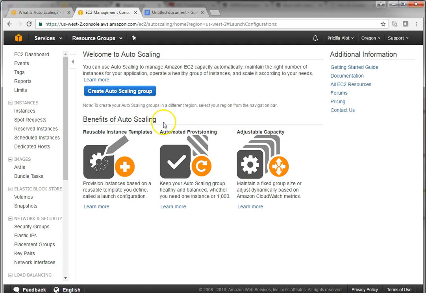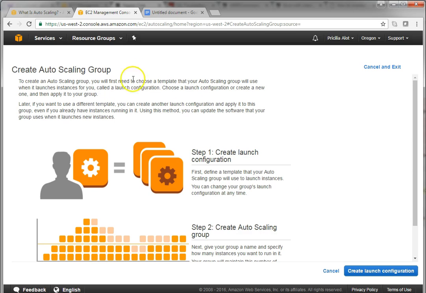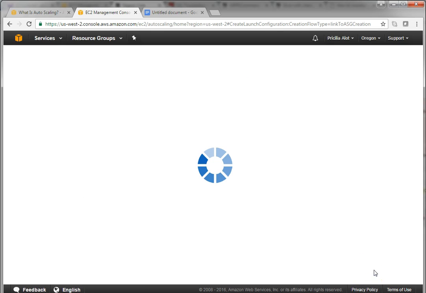page. This is the Autoscaling page, and even though this is the link to create an Autoscaling group, it's going to take us to the page where it's going to tell us the steps that we need in order to create the Autoscaling. So we need two steps. First step, we have to create a launch configuration, and second step, we have to create an Autoscaling group. A launch configuration is where we have to define the kind of instance that we want Autoscaling to launch for us. So from here, I'm going to go ahead and select the create launch configuration link, and it's going to